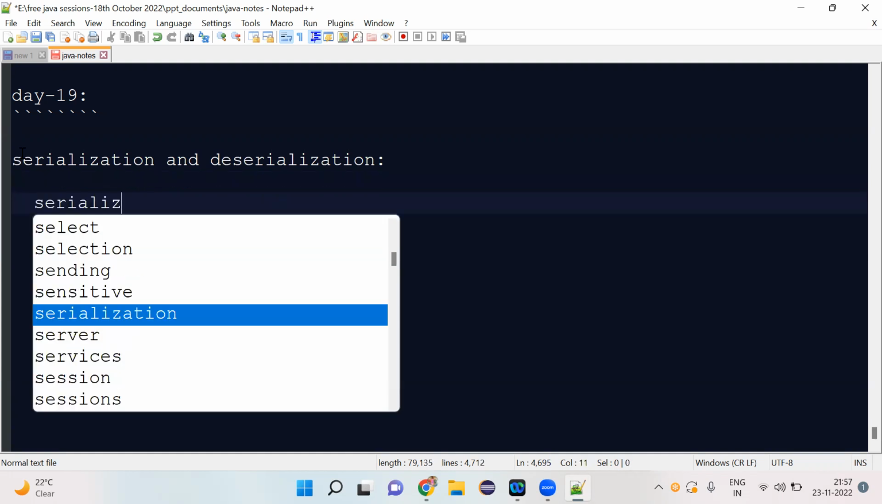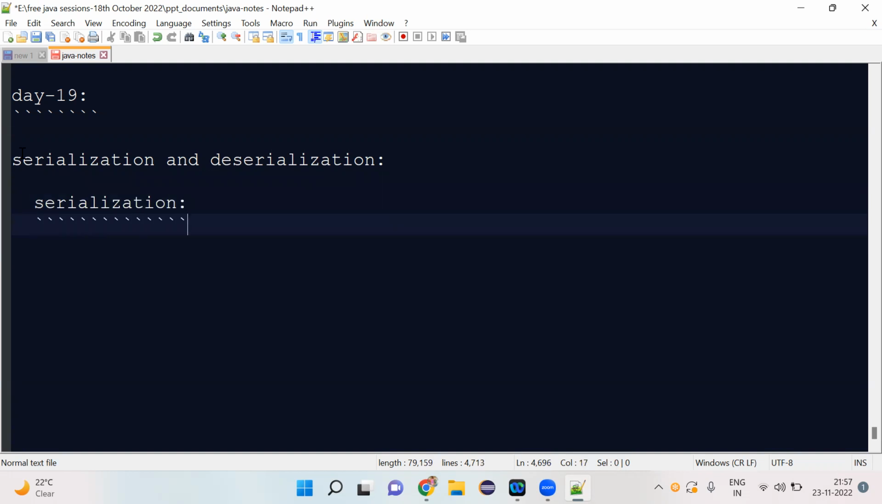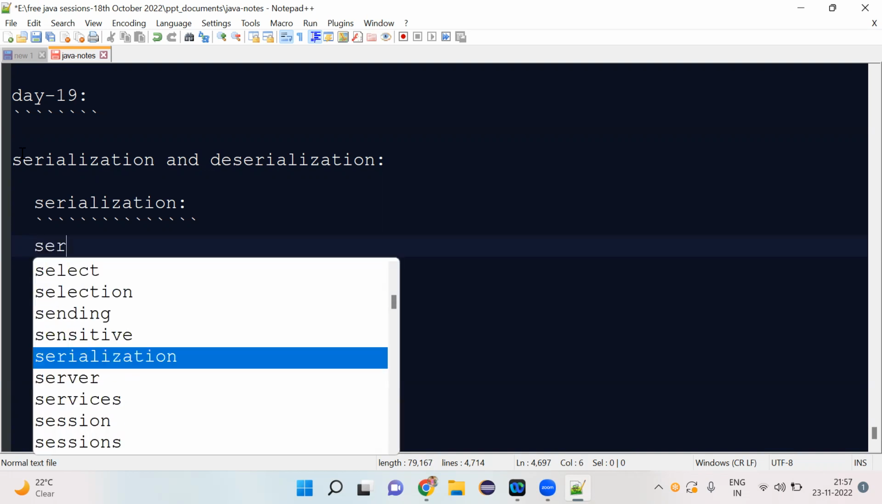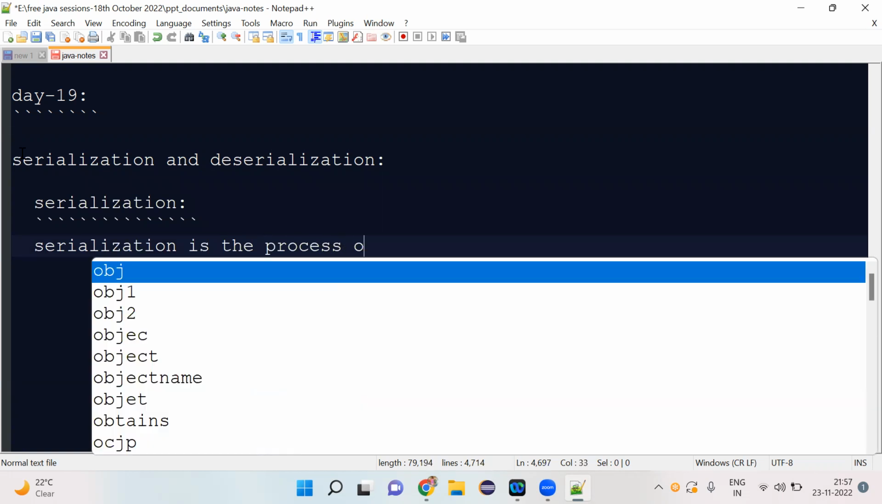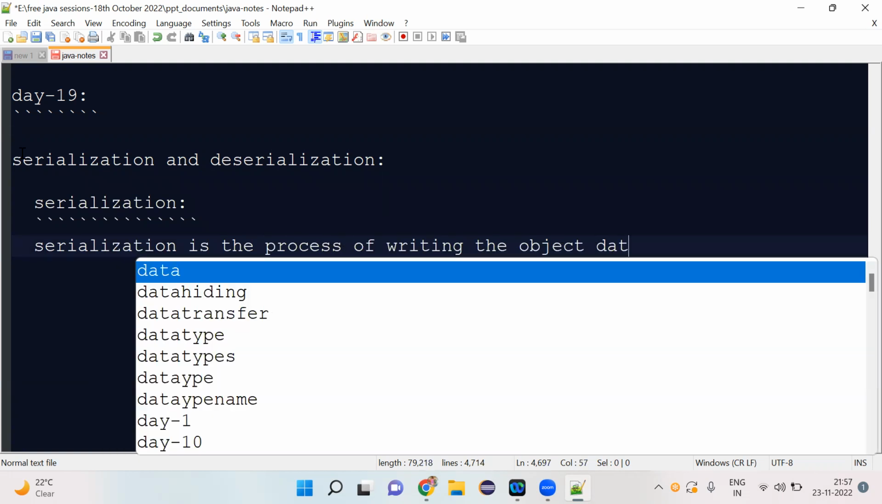So first, let's see what we mean by serialization. Why should we go for serialization? To perform this serialization in a program, practically, what are the things we have to take care of? All these points we will try to discuss. So first of all, serialization is the process of writing the object data